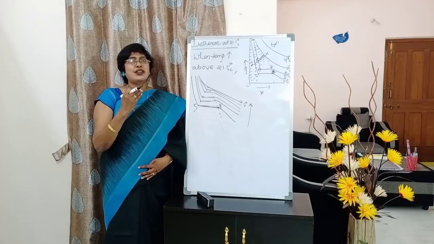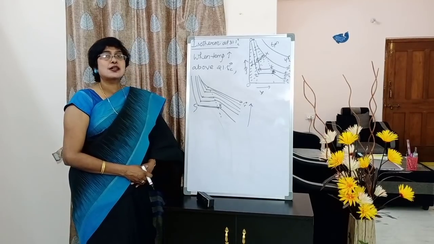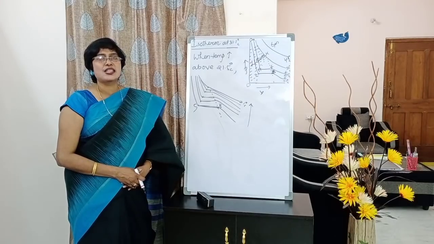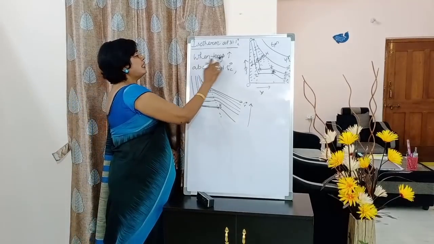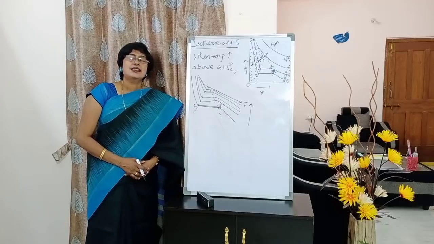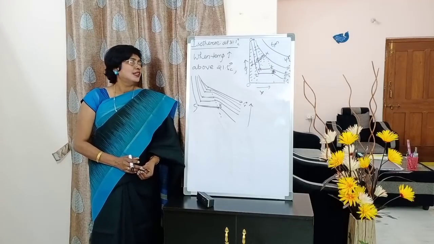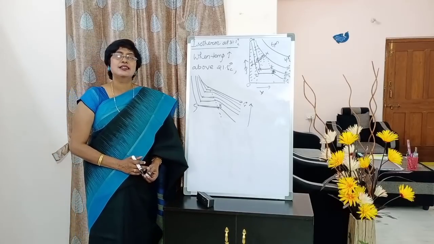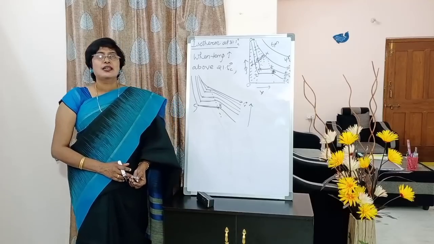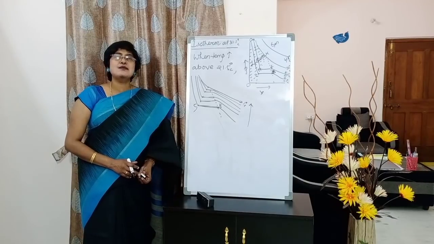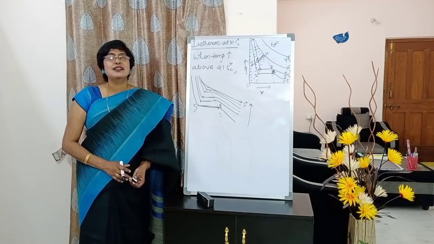So when temperature is increasing slowly, what happened to this horizontal portion, students? It has become shorter and shorter as the temperature was increasing above 21.5 degrees centigrade. Understood that point now? So write down: when temperature increases above 21.5 degrees centigrade, the horizontal portion becomes shorter, shorter, shorter, and